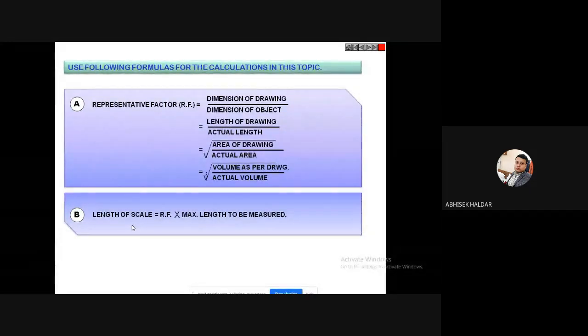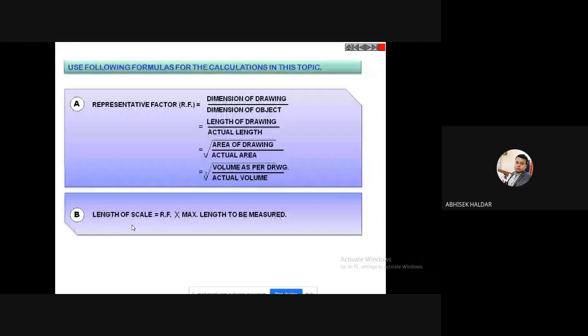So now I will show you a particular problem, similar to problem number 1 of your assignment number 1. If you understand this problem, obviously you can solve that one also. So let me go to the problem. Sir, please wait for a moment. Okay, if you want to take a screenshot, you can take. Yes sir, these two equations will be used only. No other equations are required. Now some steps will be followed only, that I will show you when I discuss a problem.